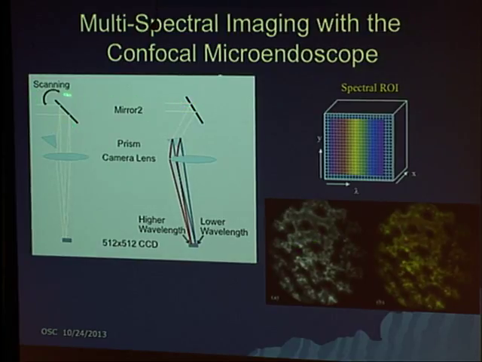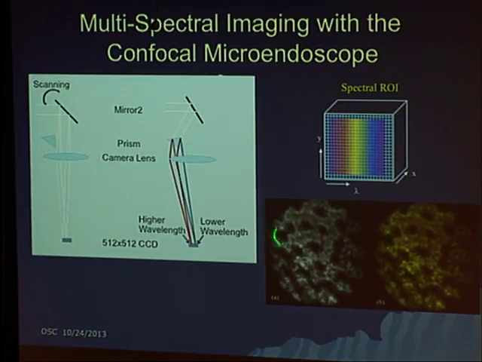If you want to go to multispectral imaging, go off the mirror, divert the beam over through a prism that's going to disperse it in this direction. The out of plane direction is the imaging slit direction. So you have one dimension of spatial information and one dimension of spectral information on a frame. And if you then slowly scan that first mirror across to scan the illumination, reading out multiple frames, you can get the other direction, X. So you get a full 3D data cube of XY lambda.